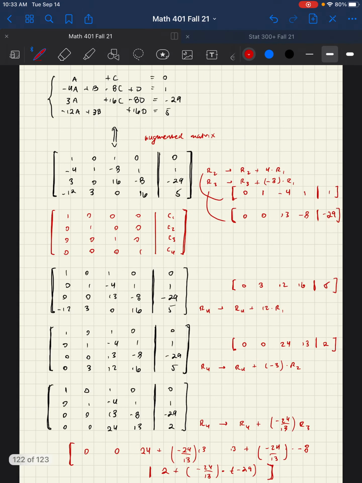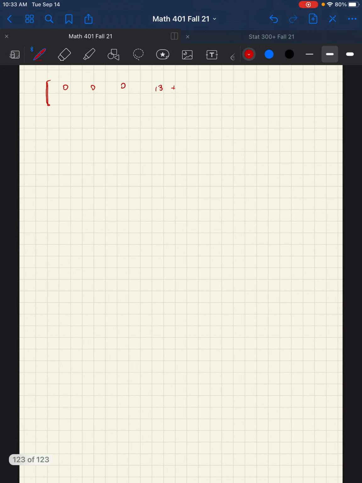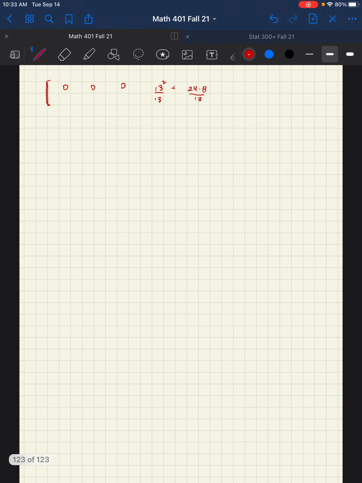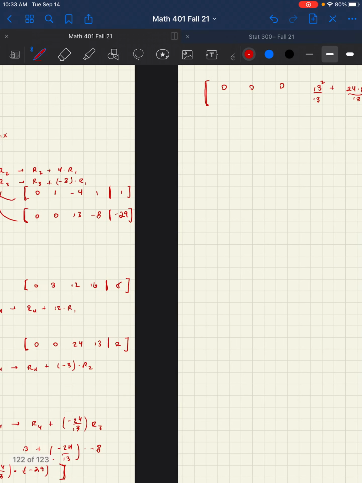This is going to be 13 plus 24 times 8 over 13. And if we want to get this to be the same fraction, then we should go ahead and adjust that. The last one, the augmented part,